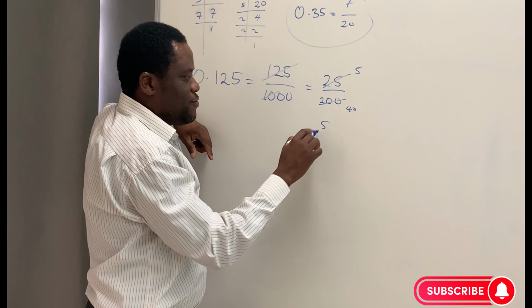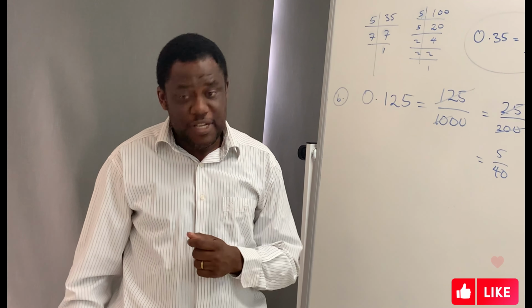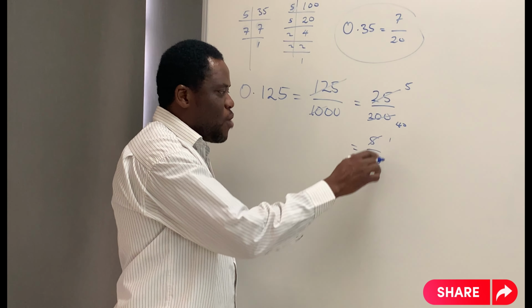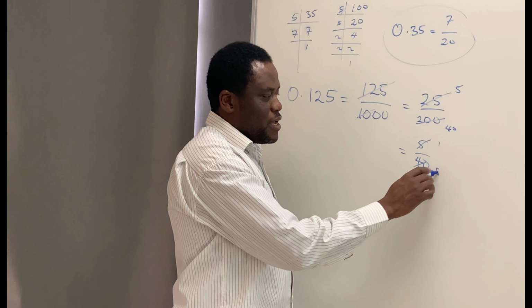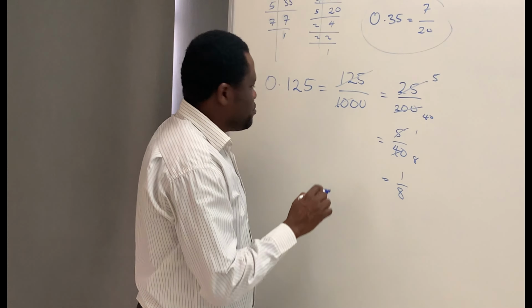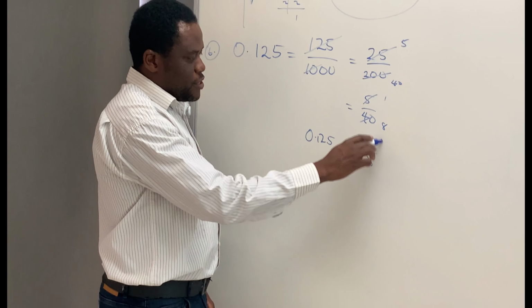So we have 5 out of 40. Finish? Not yet. 5 can still go. 5 goes here 1 and 5 goes here 8. So the final answer is 1 over 8. Meaning 0.125 is equivalent